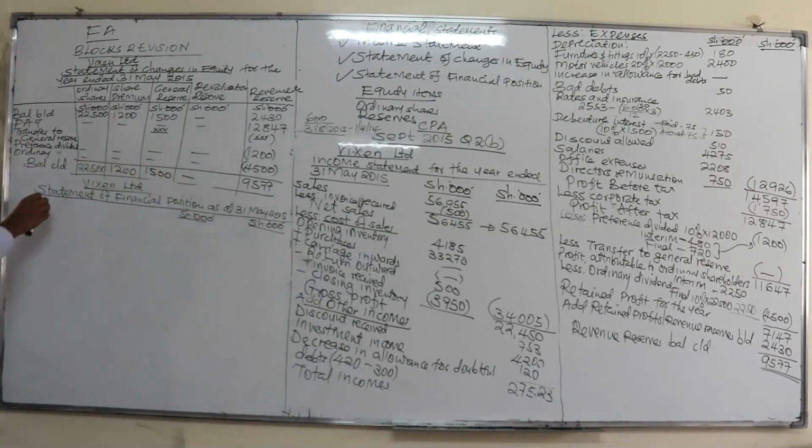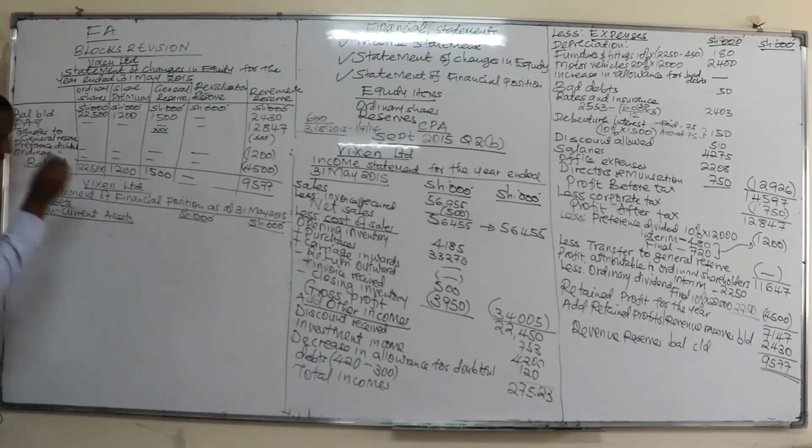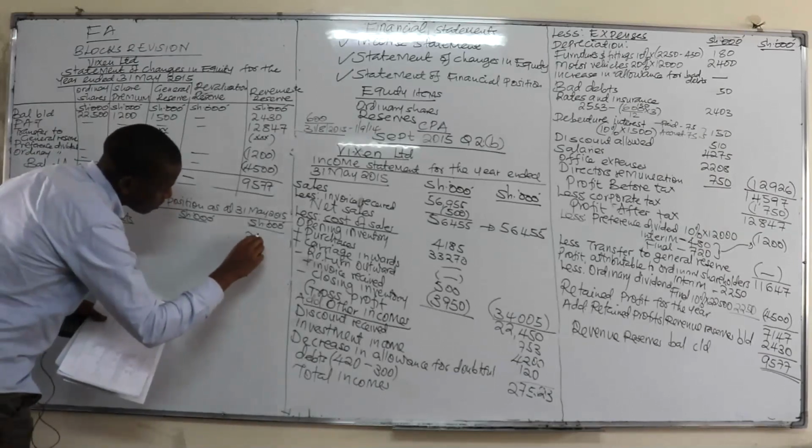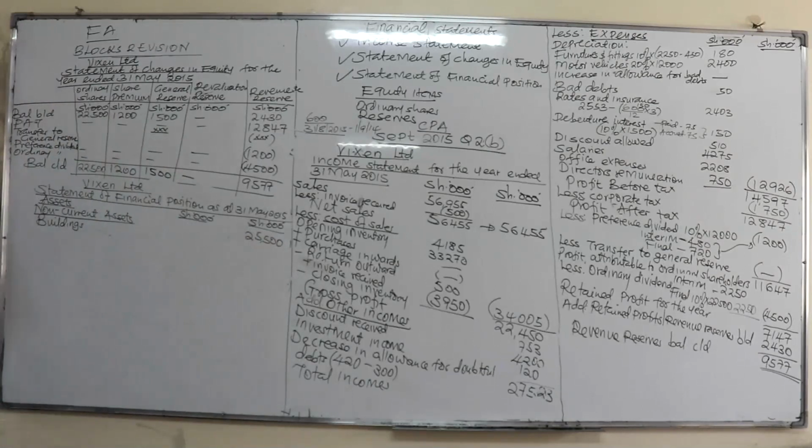So we begin with the assets. And in this case, we'll have what we call the non-current assets. Non-current assets. So for the non-current assets from the trial balance, uko mwisho mwisho, and see we have buildings. So the buildings in this case were not depreciated, so we'll just put the total amount, 25,500.